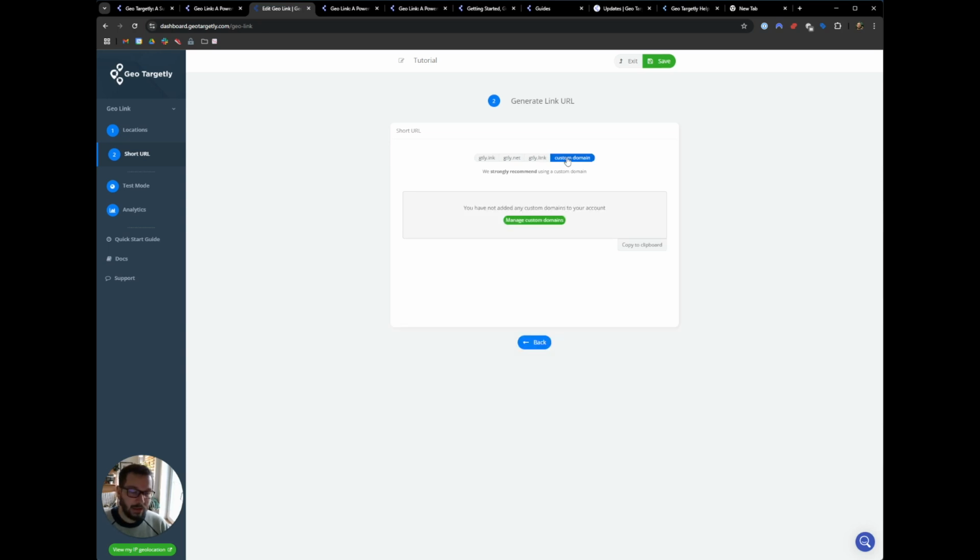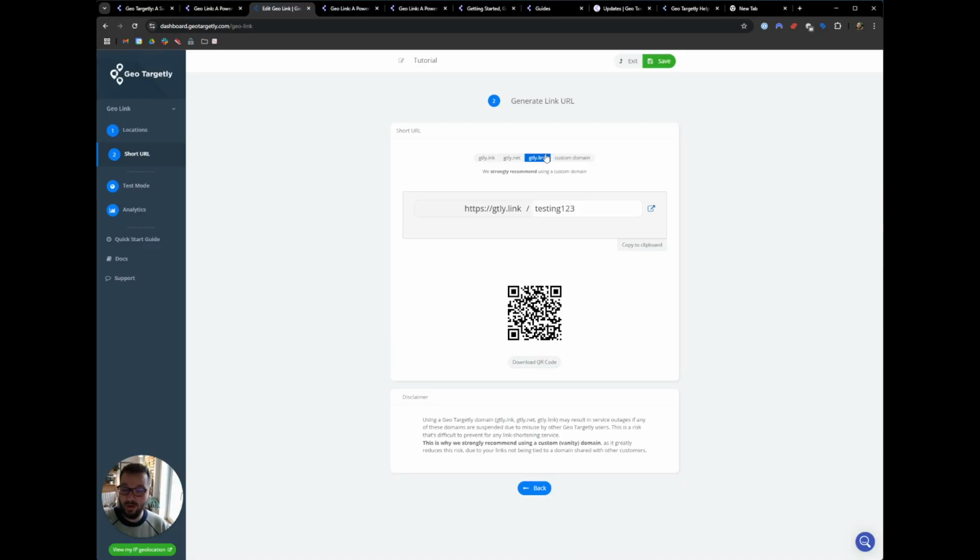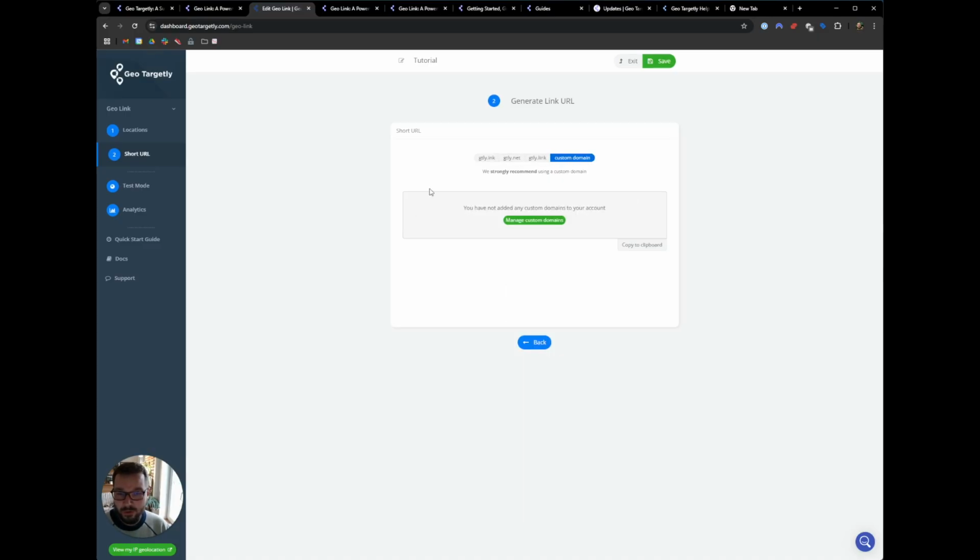And actually, the implementation of custom domains is not only good for your branding, but it's also good from a, let's call it, security or longevity perspective, because you would not be sharing this domain with anybody else, whereas these domains you share with other users of GeoTargetly. So for the custom domain, what you need to do is go into manage custom domains,